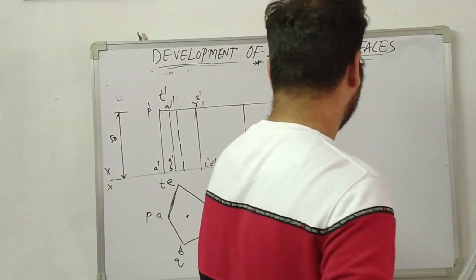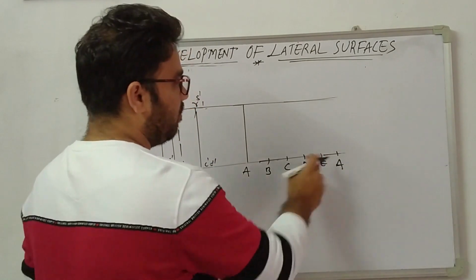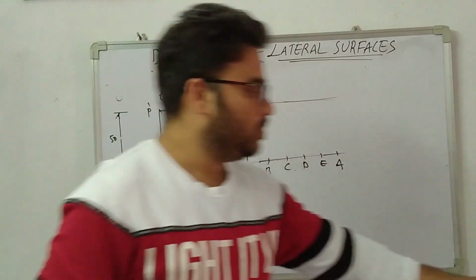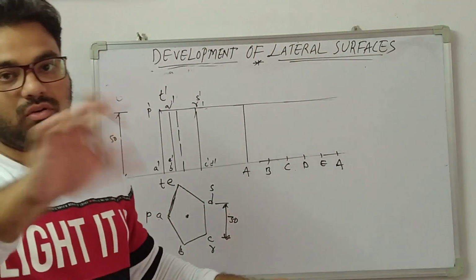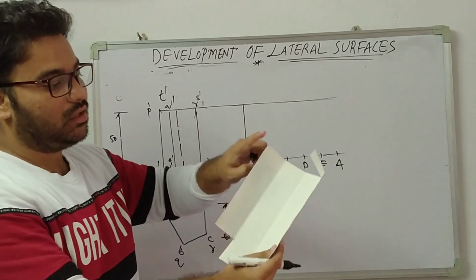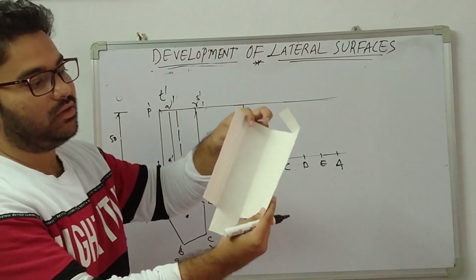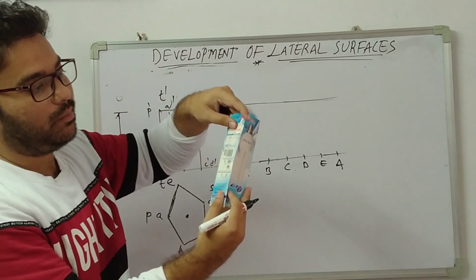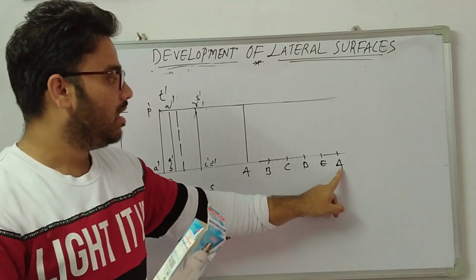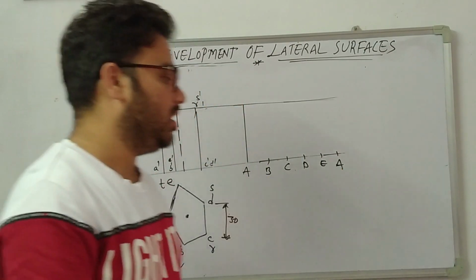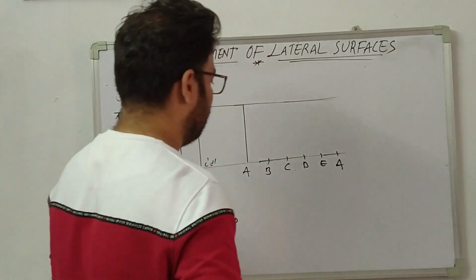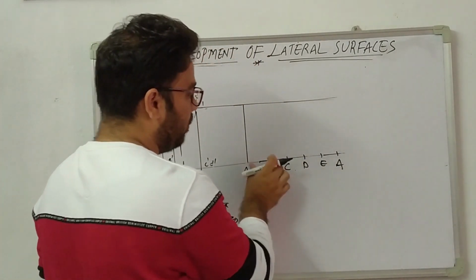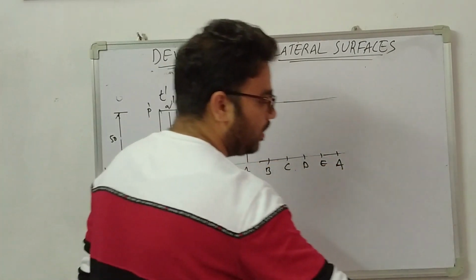Why have I given A again? See here. For example, if we fold it again, these are the two edges. I need to club them, so I clubbed it. So A will attach to the A again. So here I need to draw this. Simply measure the 150 mm, give the 30 mm sides, and you will get this.